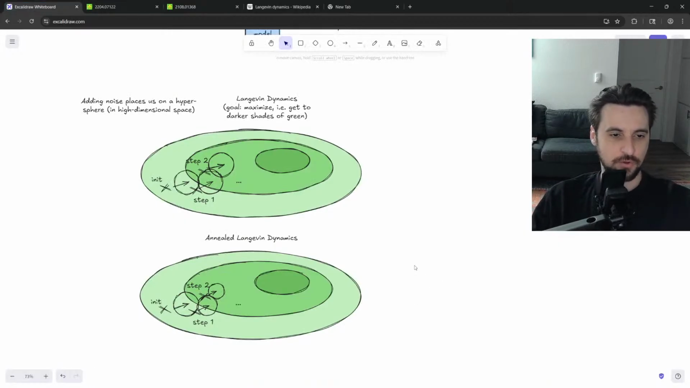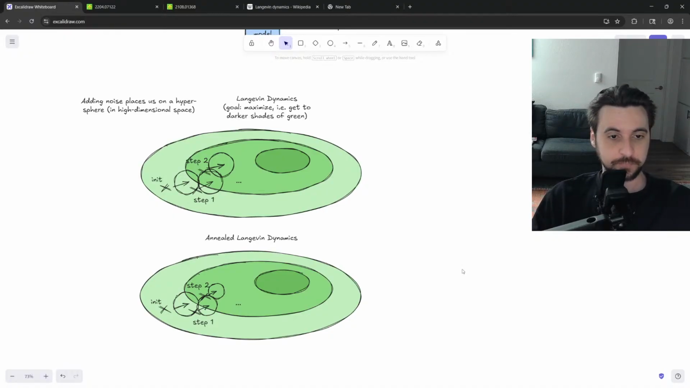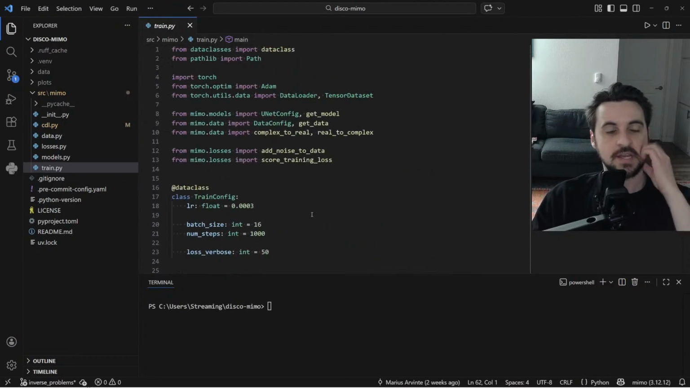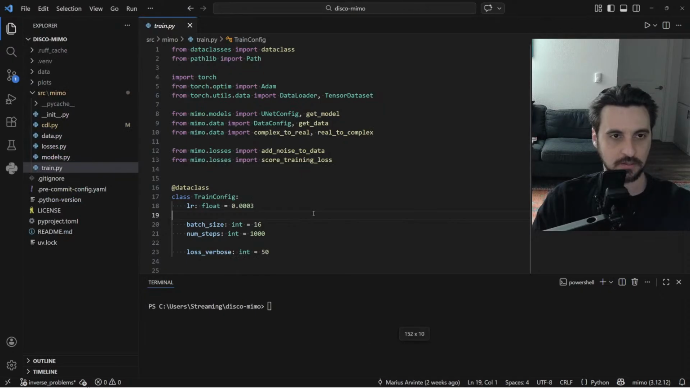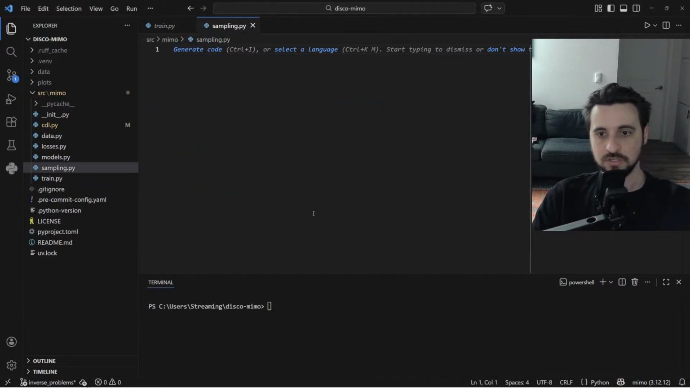Okay, so now we know how to sample from the diffusion model. Yeah, go ahead, you can type anything, don't worry about it. So we know how to sample. Now let's go to our code, because in the code itself we have the training. So obviously we're going to need a sampling file. We just have to implement, no,